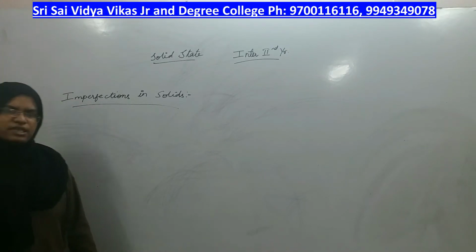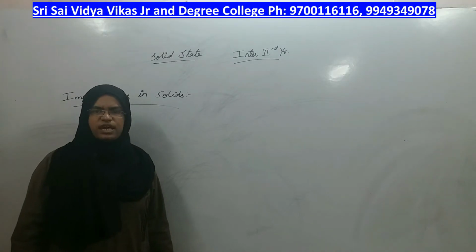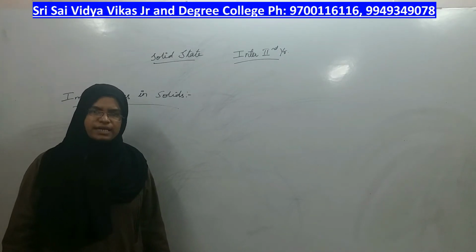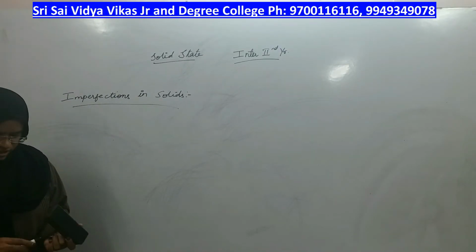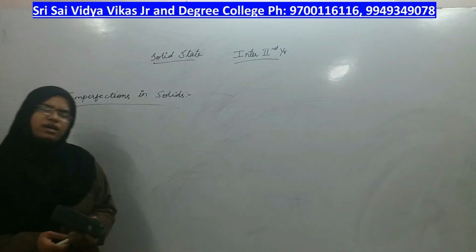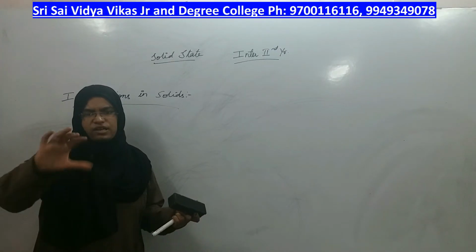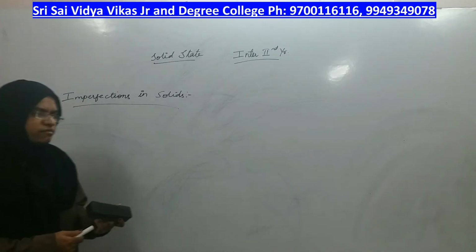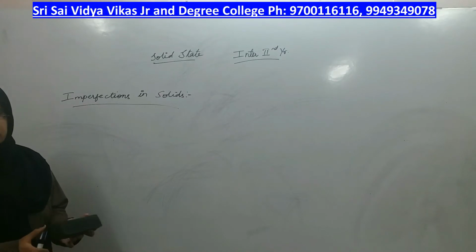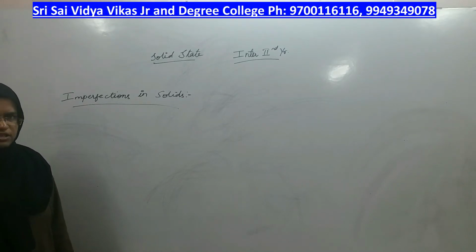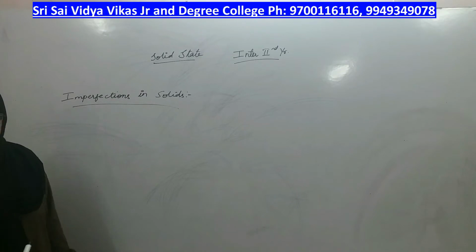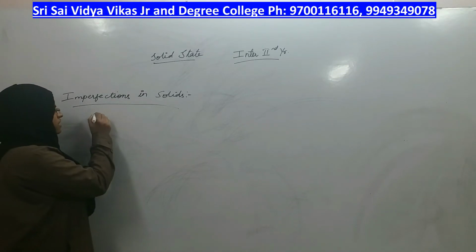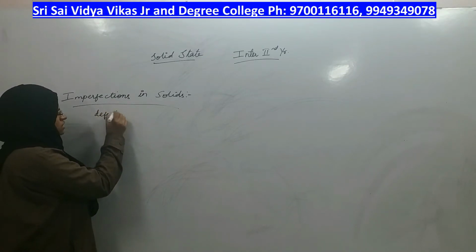We know so far that in solids, generally atoms or ions are compactly arranged in a long range order. In a crystalline solid, atoms or ions are arranged compactly over a long range, right? But though you are saying that solids have a perfect arrangement, it is not always the case. Even solids are expected to be perfect, but they are not. They have imperfections or some defects in their arrangement.